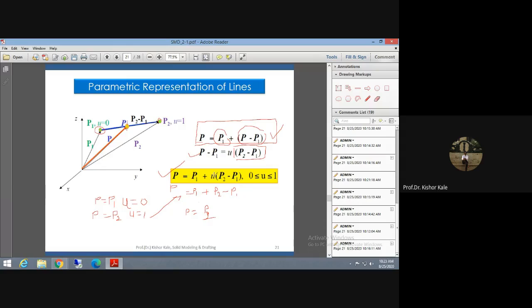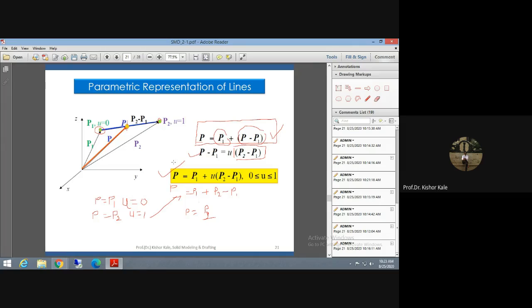So what should be the value of U? You have to decide. Accordingly, you will get that number of points. If you get more points, that means, now assume that we have only 2 points. Now you don't know whether to draw a line or a curve. If it is a straight line, you can draw it very easily. Now if you want to draw a curve, what will happen? That will come later on.